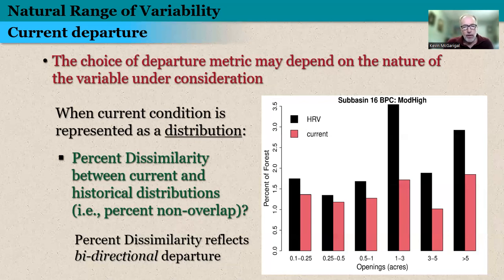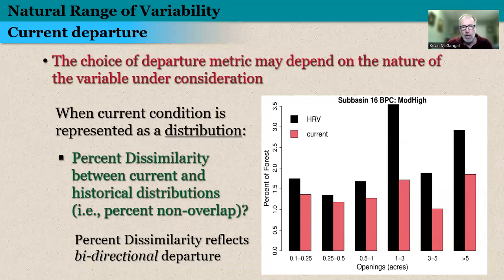The current distribution is actually given by a full distribution depicted by the red bars in this figure. And the NRV, or in this case, it was an HRV, is given by the distribution in the black bars, because the landscape has a distribution of patch sizes for each time step or each snapshot of the landscape under historical reference conditions. And so from that information, we can generate a distribution. So we have two distributions to compare here instead of a single value against the distribution as in the previous